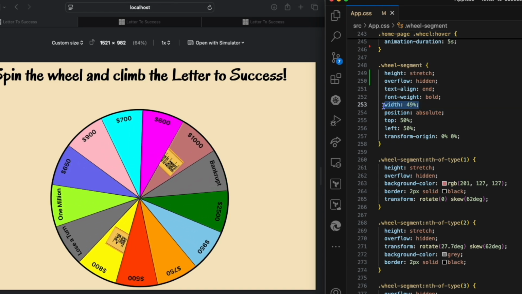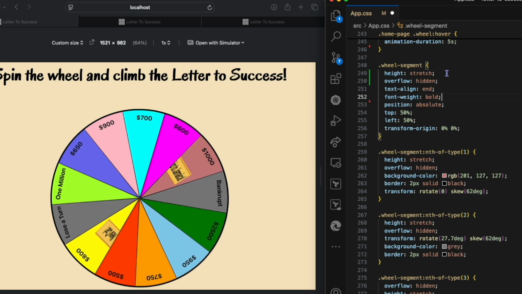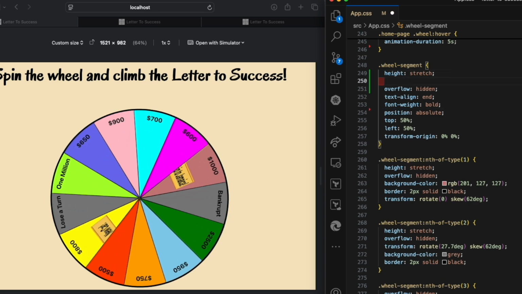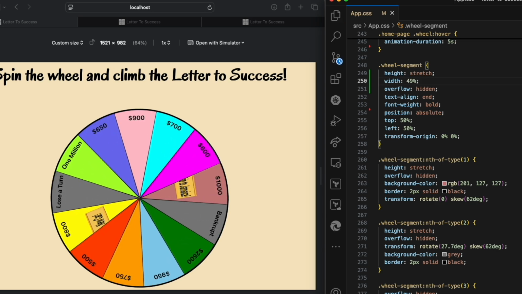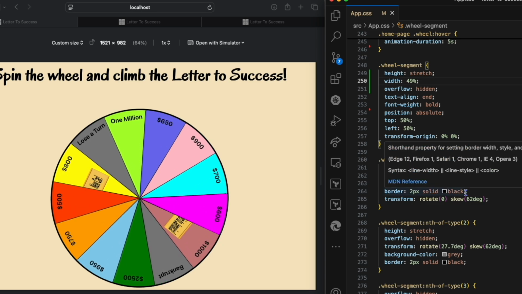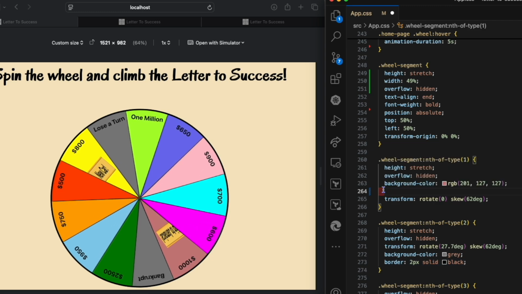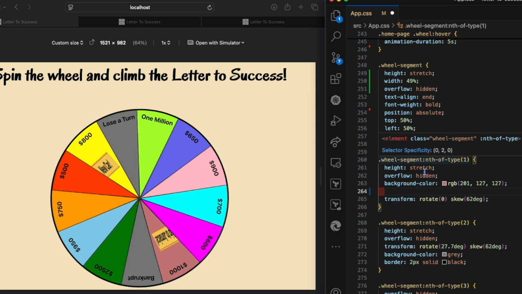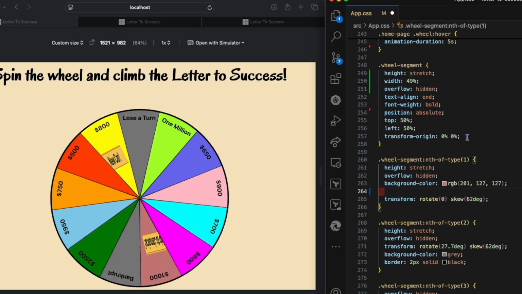As far as I'm concerned, the width and the height should be together. So, to satiate my OCD, the border, let's take the border from here, because if I have it on the wheel segment,